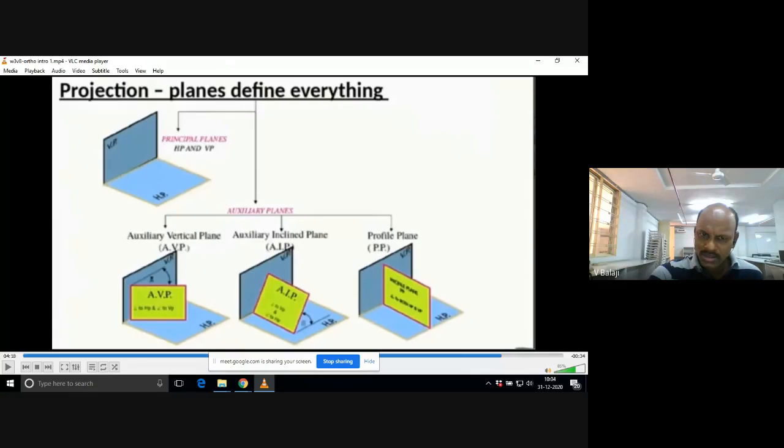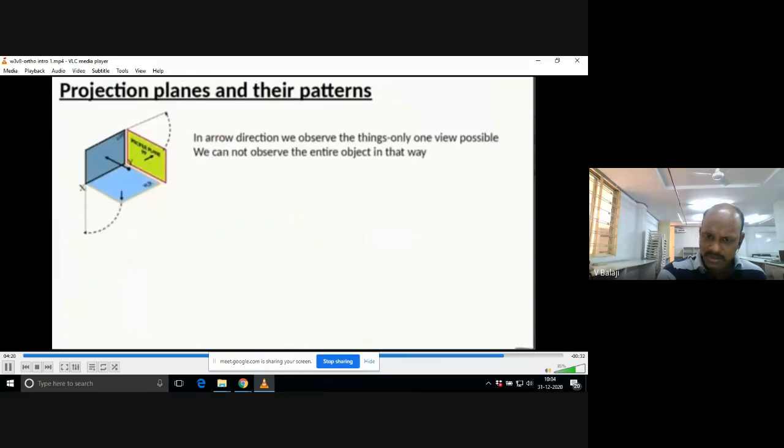So tell me what is the importance given for auxiliary planes. We will draw some additional views on the AIP and AVP, like we are drawing the front view and top view on VP and HP, and side view on PP. That means some other views we require to draw on the drawing sheet. We require AIP and AVP. We will see that comes under some other